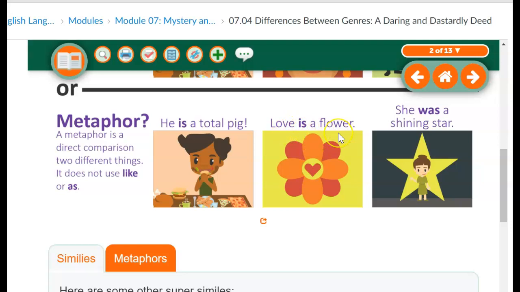Love is a flower. Is love a flower? No. Sometimes when people want to show you they love you, do they give you flowers? Yeah, like people get flowers, especially on Valentine's Day or their birthday. So it's kind of showing that love, it could be a symbol, but that doesn't mean that all of a sudden the word love means flower now.